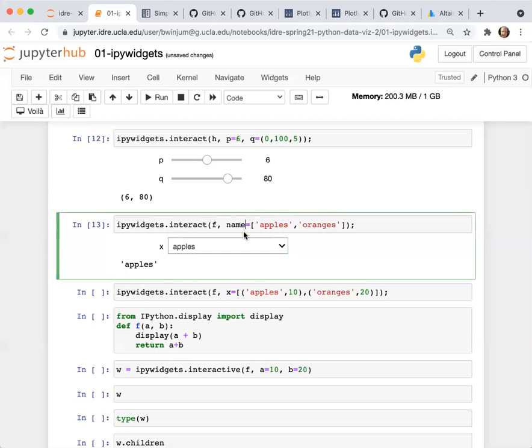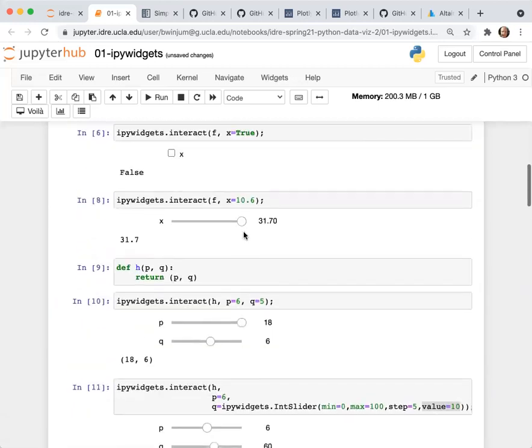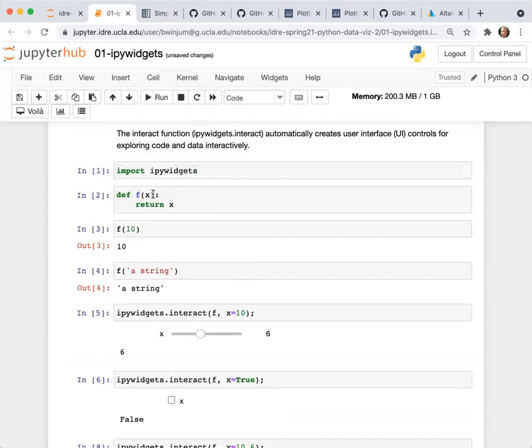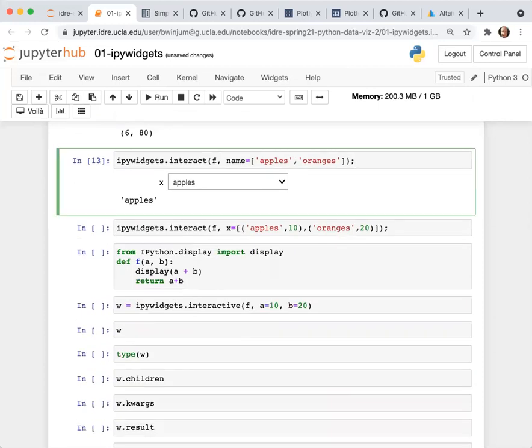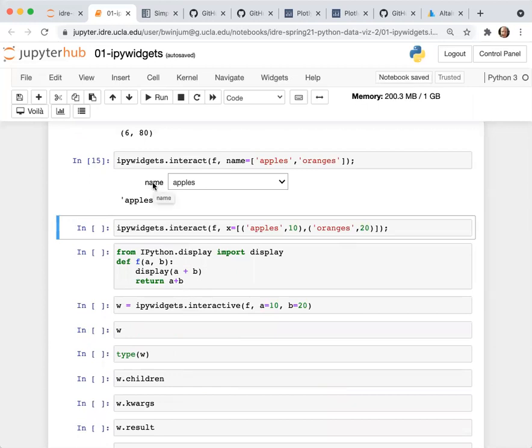Yes, so it has to match what's in your function definition. So if I come back up here and I change f to name here and return name, and then when I come back down here, now name is the input. Oh, got it. All right, perfect. Thank you. You're welcome.